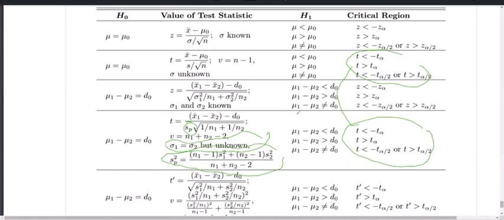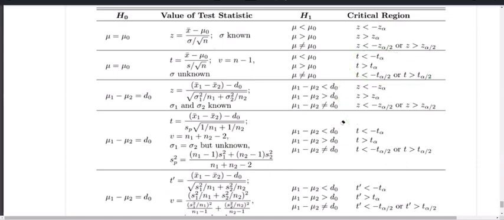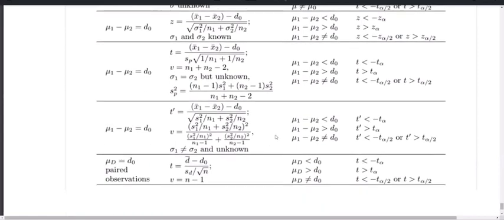Now, I just walked you through a situation where the two population standard deviations are not given, but they are assumed to be equal. But what if, in another situation, they are not given, and they are not assumed to be equal? Even though they are not given and not assumed to be equal, it's still going to be a t-test,